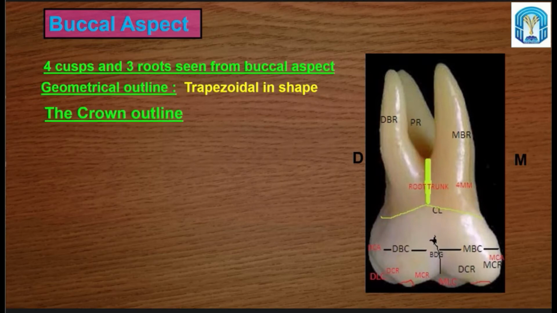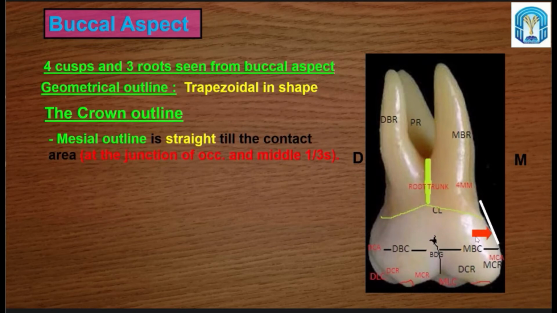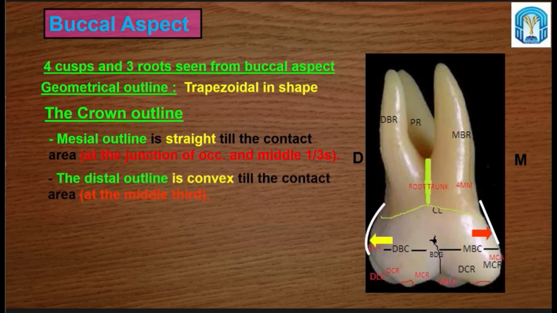The crown outline, mesial outline till the contact area. You see, this is the mesial outline starting from the cervical line to the contact area. This is the contact area. Okay, maximum height of contour is straight. So mesially it is coming straight, but then convex. Mesial outline is straight till the contact area at the junction of the occlusal and the middle third, and